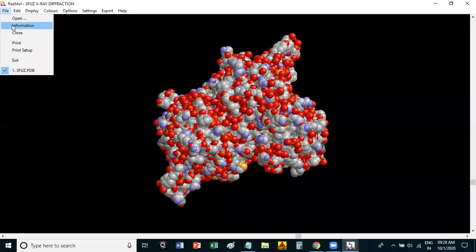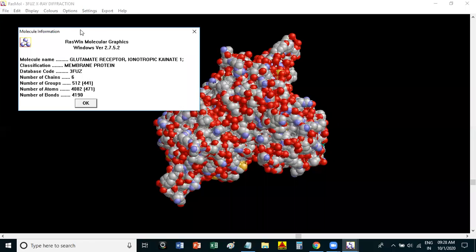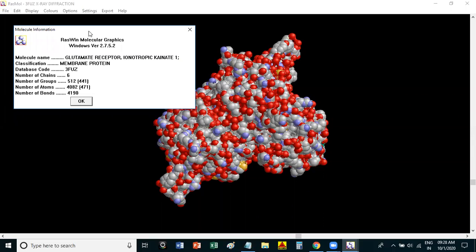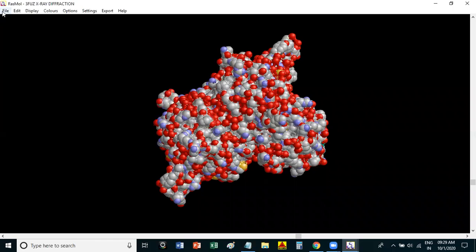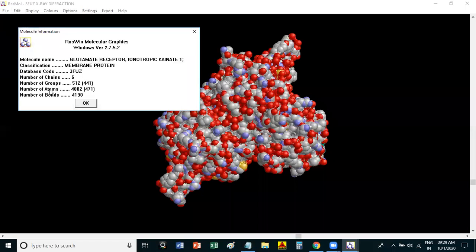Then you'll get the information for this protein: how many chains are there, how many groups, how many atoms, how many bonds. All that information you will get. Which option? Just go to File, Information. This you have to write in this practical. Getting my point, all of you?